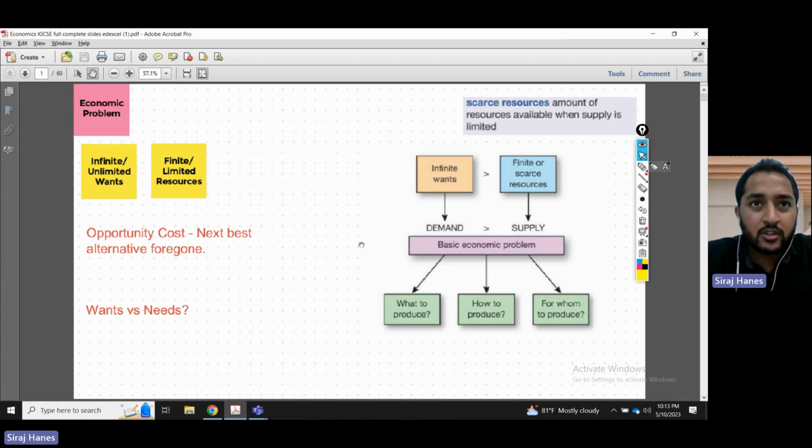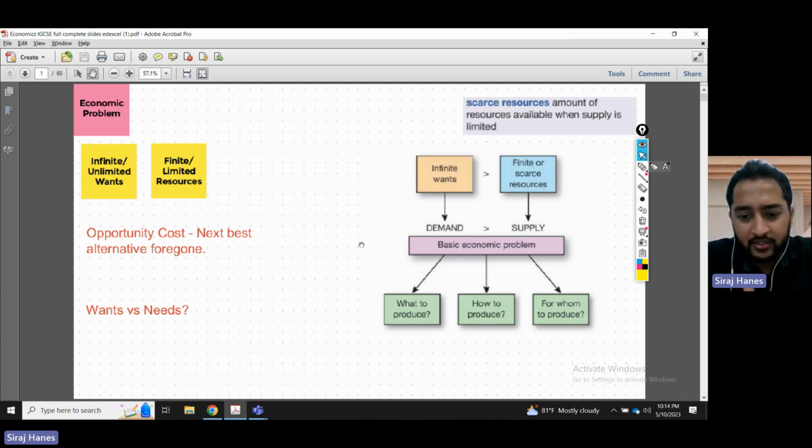There's something we call the opportunity cost. The next best alternative foregone. You have $100. You can choose whether to buy a phone or buy a laptop. So realistically, say you have $1,000. You can buy a phone or you can buy a laptop. The one you give up, obviously because you have limited supply of money, is called the opportunity cost. That's the next best. So suppose we pick the phone and we give up the laptop, which is our opportunity cost.